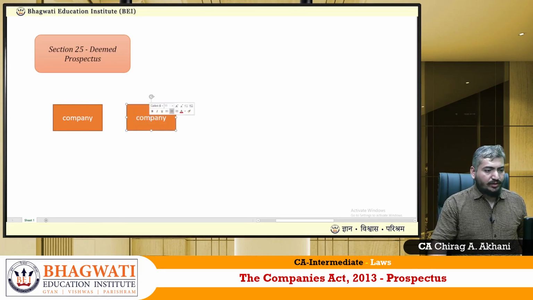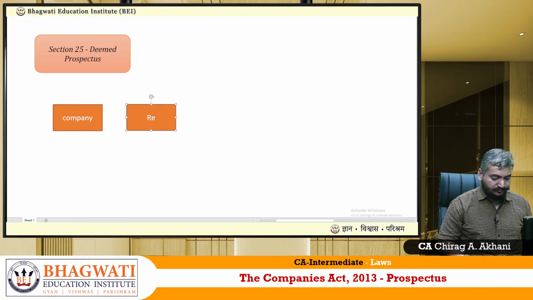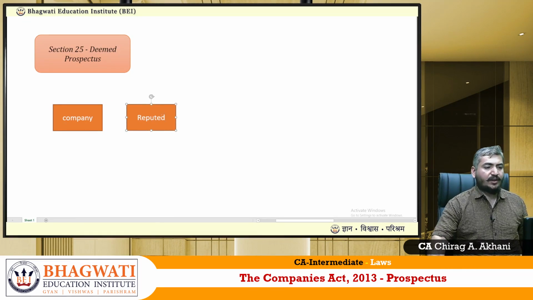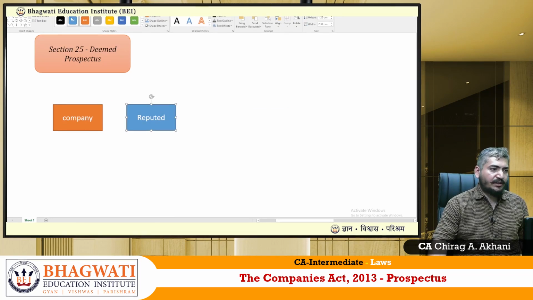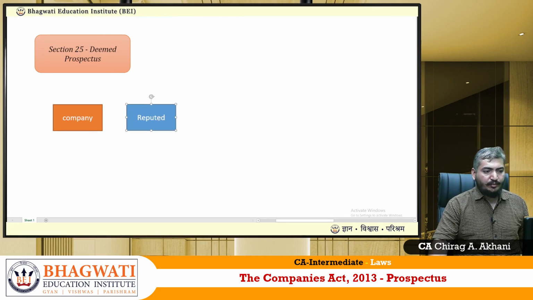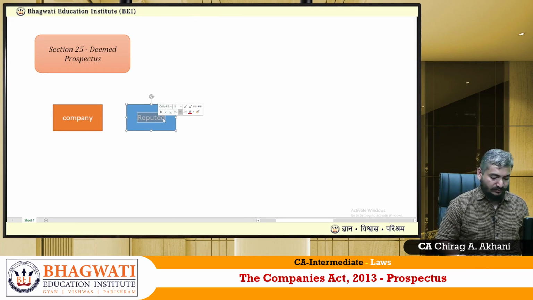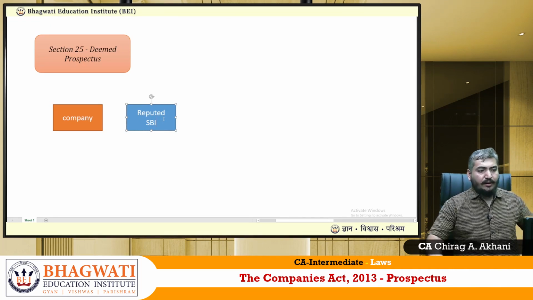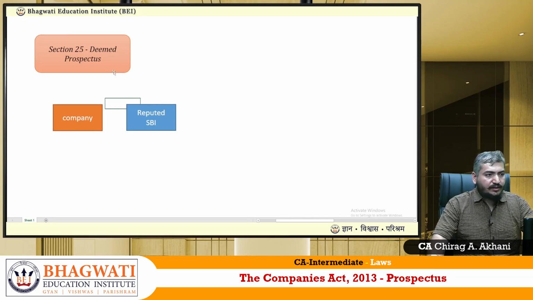It will go to some reputed firm, some reputed institutions. Precisely, let me name them. Suppose the reputed institution is State Bank of India. All right. The company will request the State Bank of India's executives that